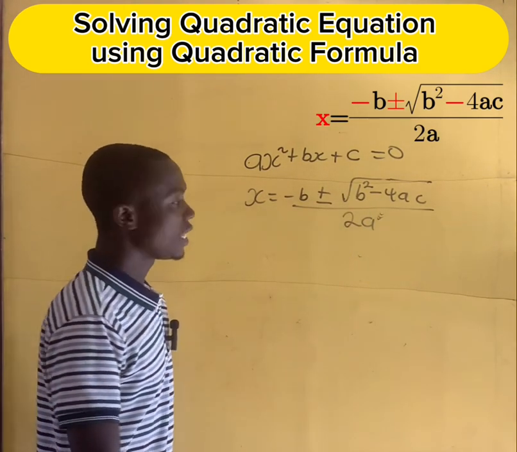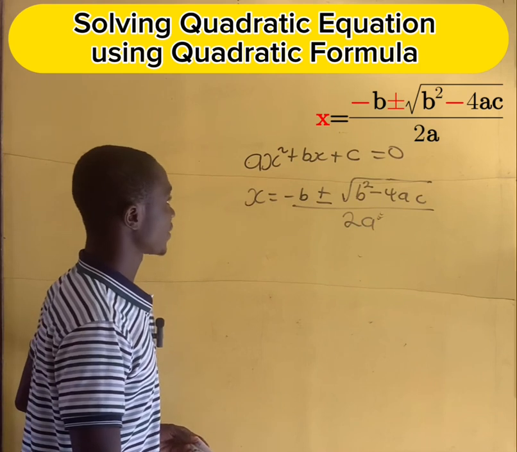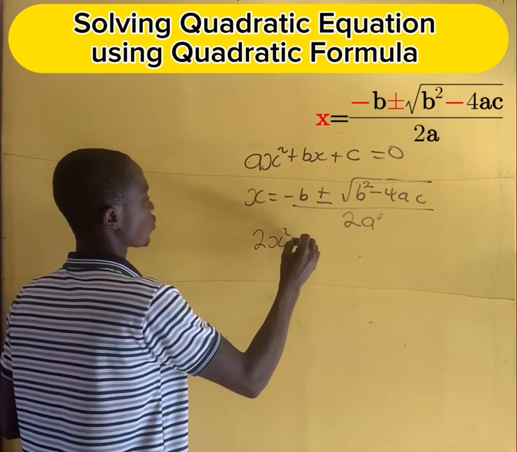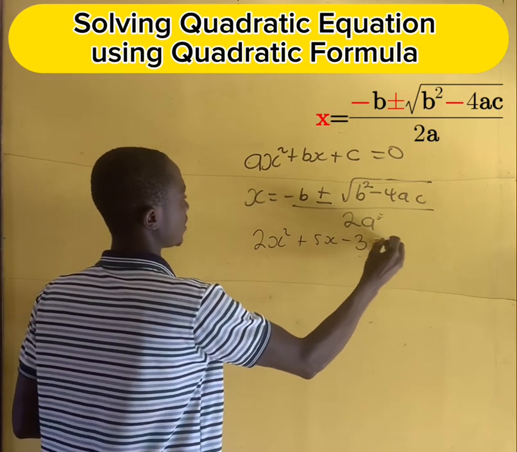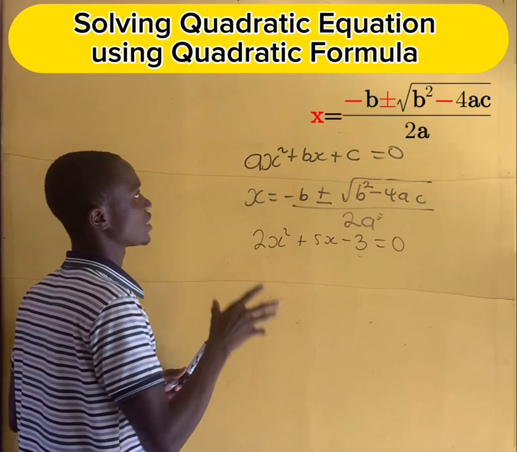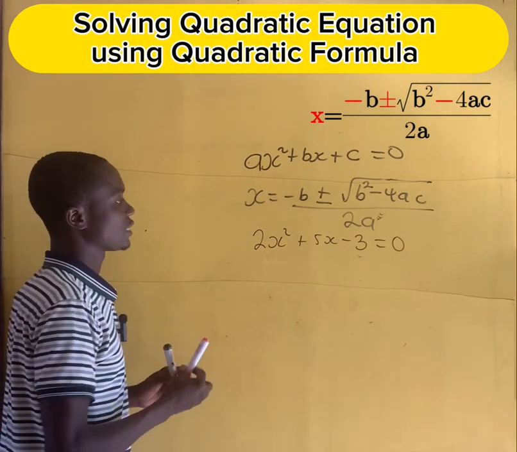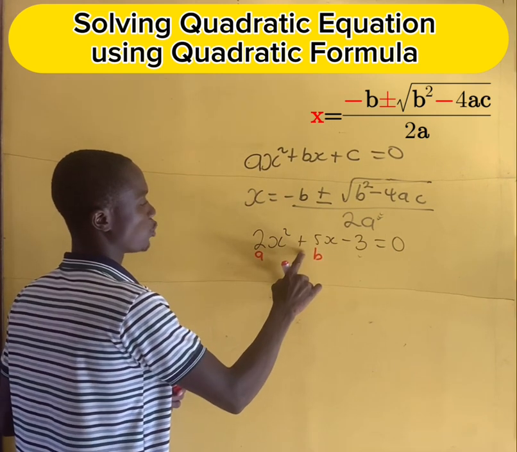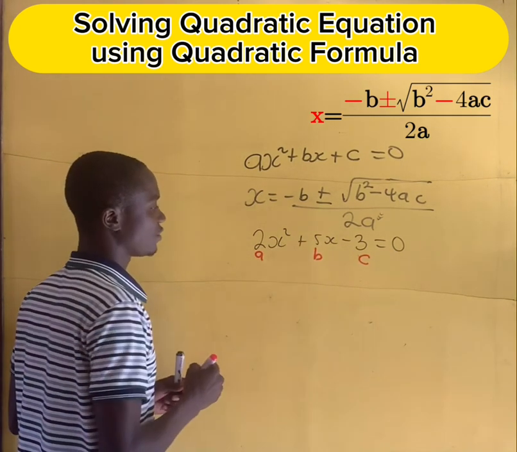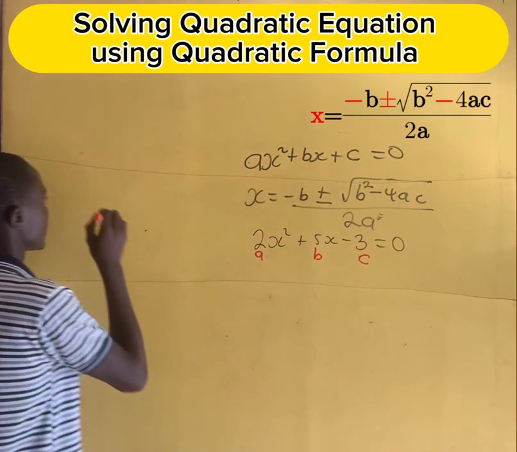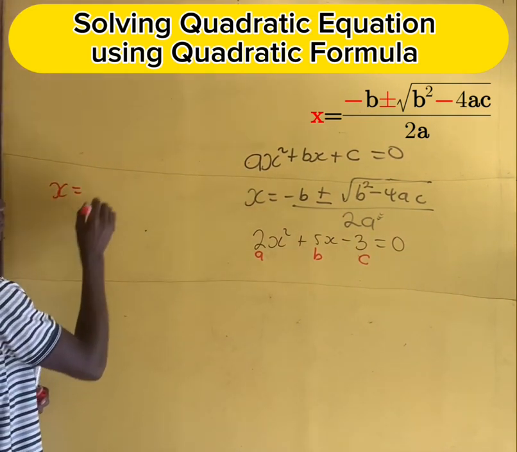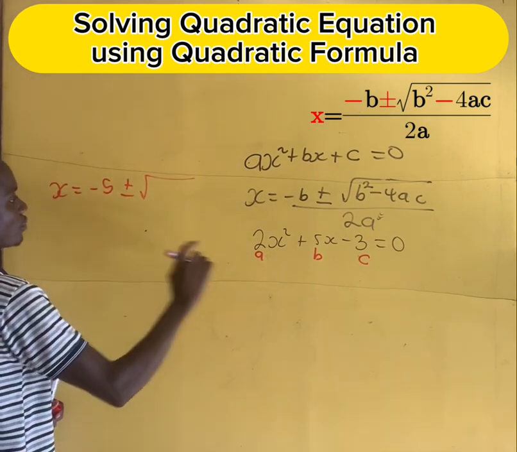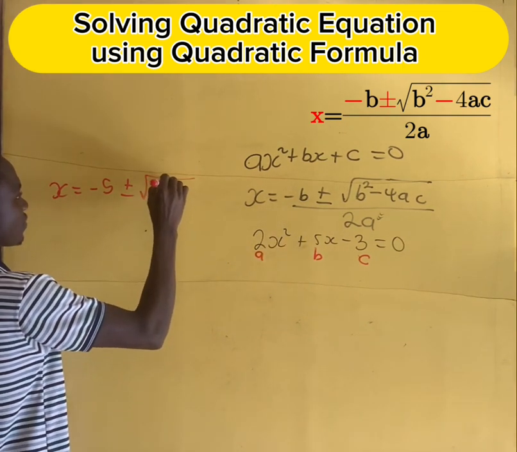Now, if we have, say, 2x squared plus 5x minus 3 equal to 0, and I want to solve this using the quadratic formula, then it means that a is 2, b is positive 5, and c is negative 3. So we take x equals minus b, and b is 5, plus or minus the square root of b squared. So we take 5 squared